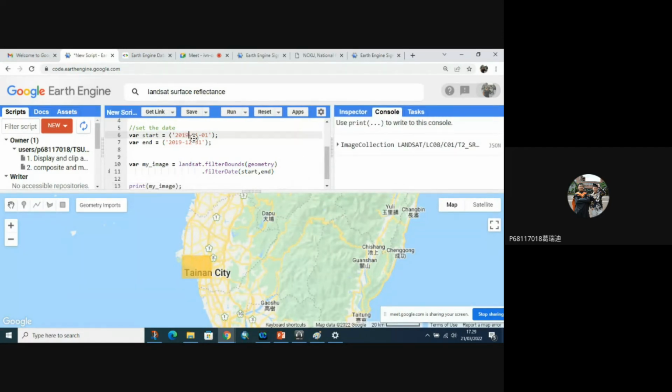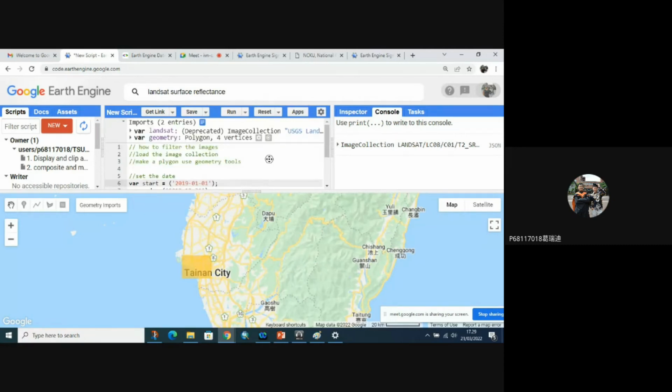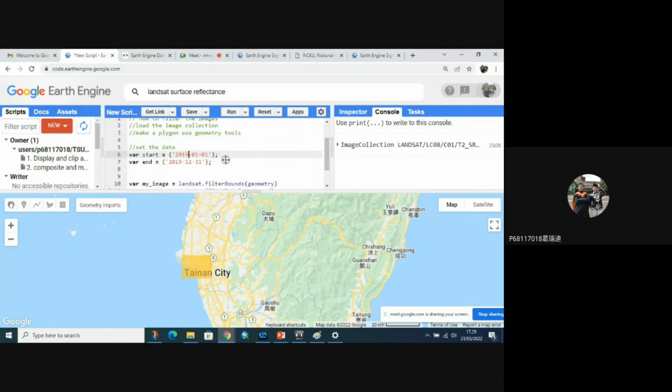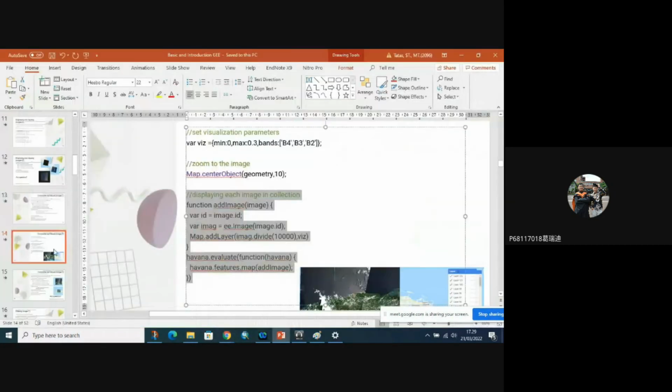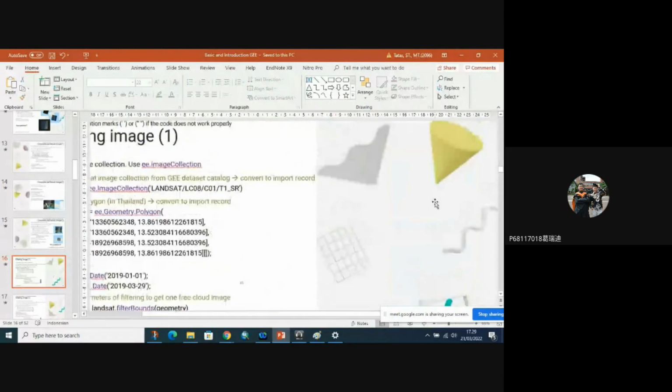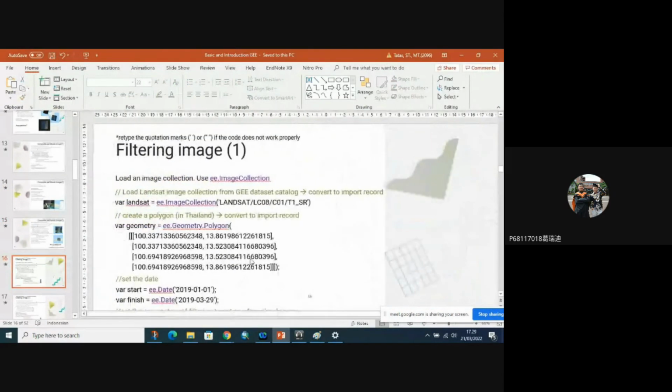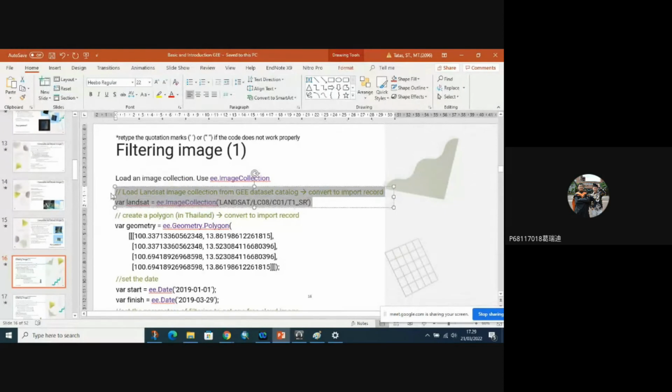Oh, why is it 0? Maybe there are no images there. I think we use the slide instead. This is the filter image. Okay. Yeah, we call it again.